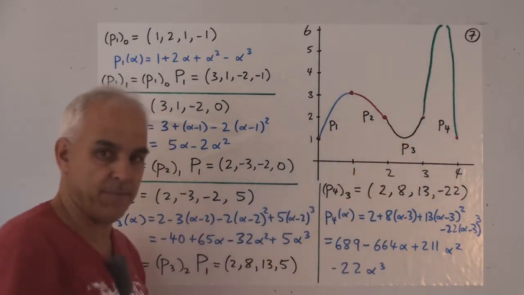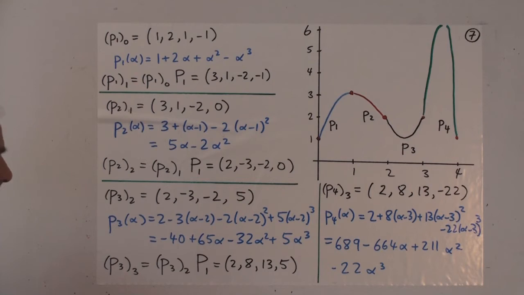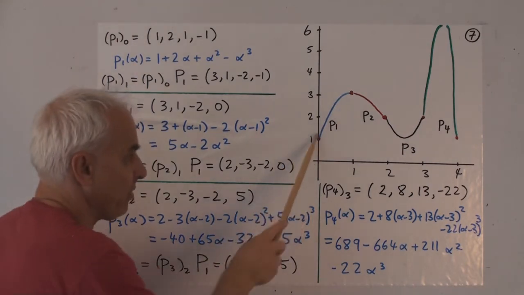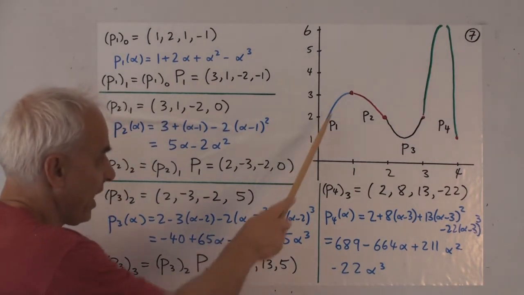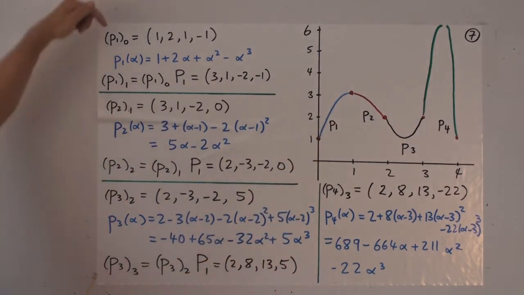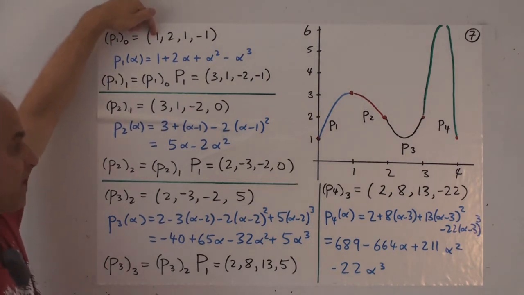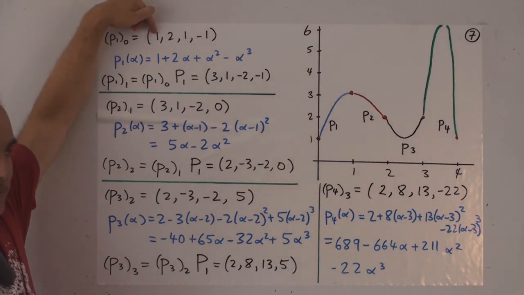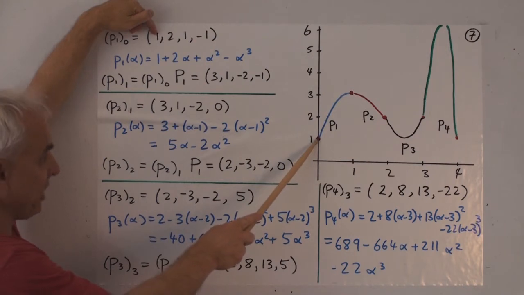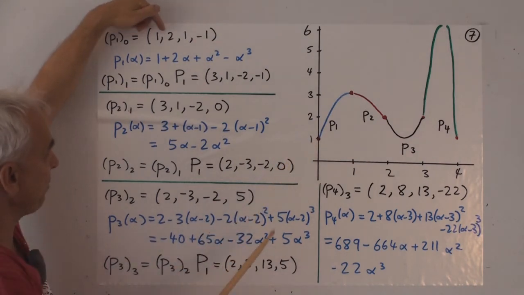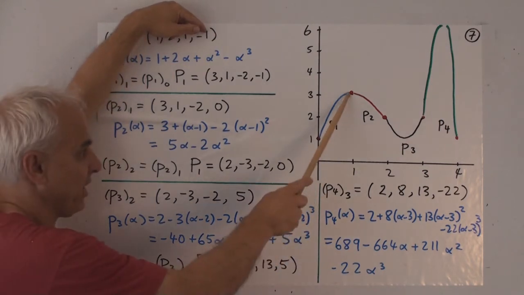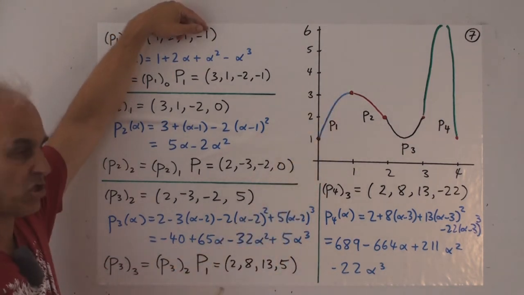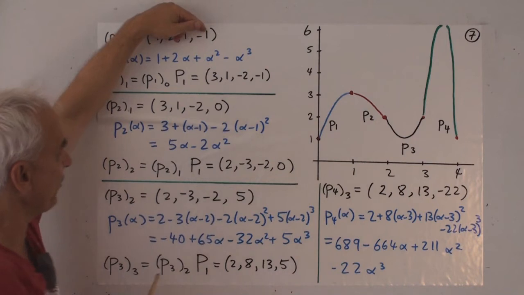We want to draw a cubic spline through those 5 points. We're going to start by choosing the first polynomial p1. And it's got to go through this point and through this point. And that means that we know that its first entry has to be 1. That will ensure that it goes through that point. And this plus this plus this plus this has to equal 3. That's the second condition that ensures that it goes through those 2 points.